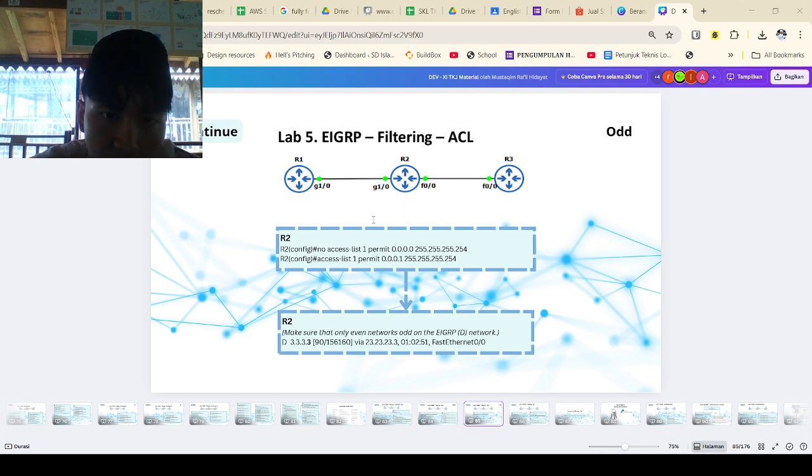After applying that access control list, R2 shows only the odd networks in its routing table. So why do you do this? It demonstrates how access control lists can be used flexibly to select exactly which networks you accept from a neighbor, even or odd, particular blocks, etc. So it gives fine control without touching the sender R3.